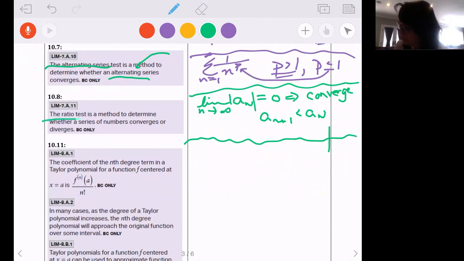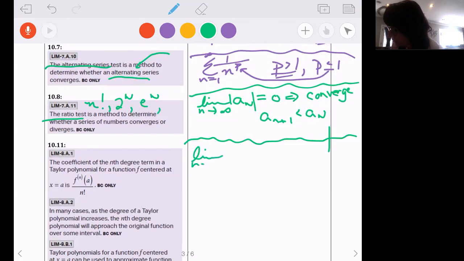The ratio test, remember what we do with that? That's used for our bigger powers. It's used for when we have factorials, when we have exponentials, when we have factorials combined with exponentials, e to the n, those types of higher growing functions. We don't usually use it with the natural log or with linear functions, those types. But for those faster growing functions, the ratio test says that if we take the limit as n approaches infinity of a sub n plus 1,